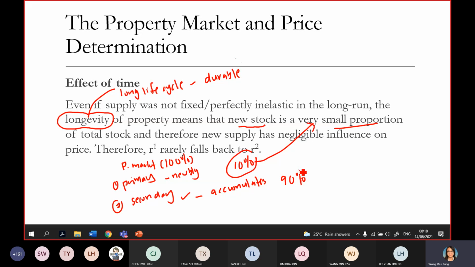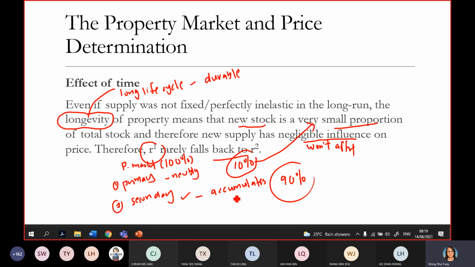That's why this very small proportion, small percentage, has a negligible influence. Negligible influence meaning to say that it won't affect the price, because this 10% is very, very, very small. How can this 10% affect the 90% of the market? So that's why we say that the effect is very minor. It's very negligible. Won't affect lah. So that's why in reality, your rental is unlikely to fall to R2